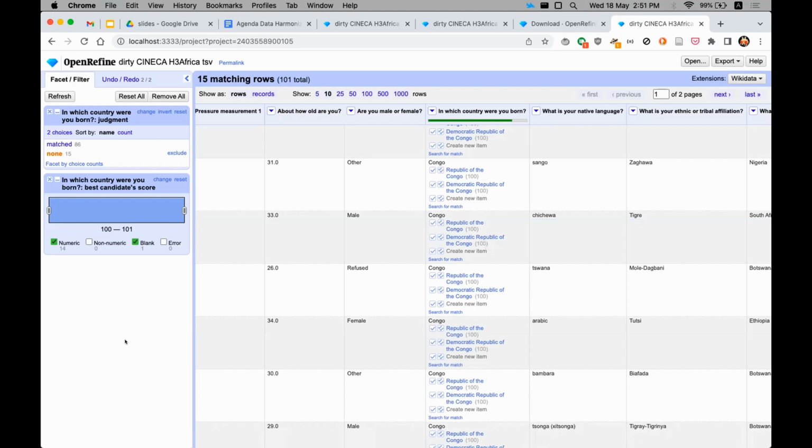Back to my notes, reconcile. And then I mentioned this concept of this being a project. Every time you do an operation, these get saved, and you are then able to run them again on other data sets or export them and use them with APIs. So then going back to my slides,